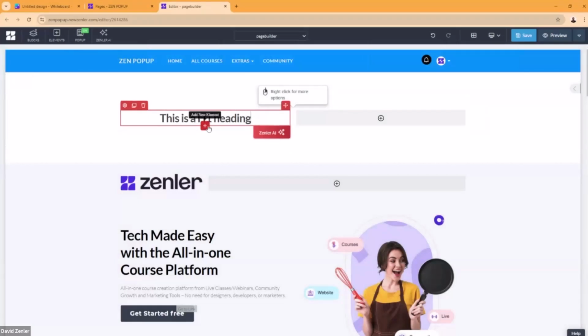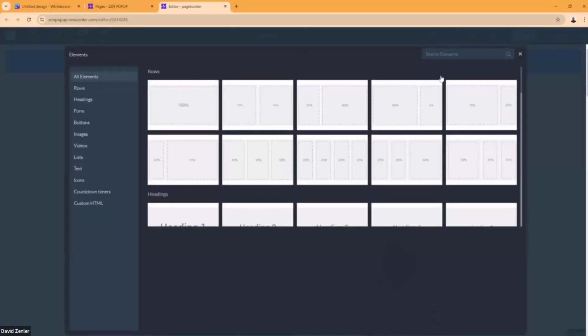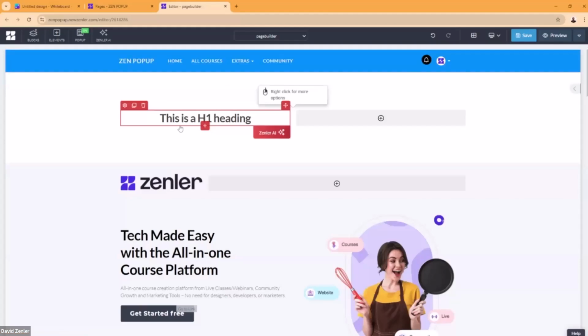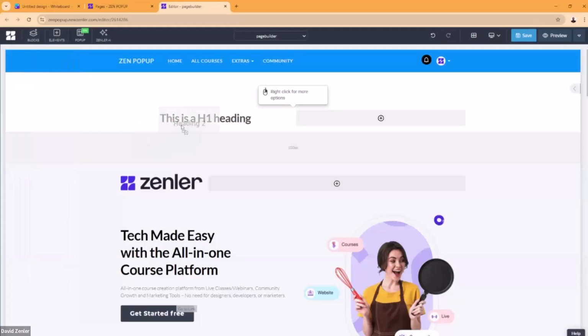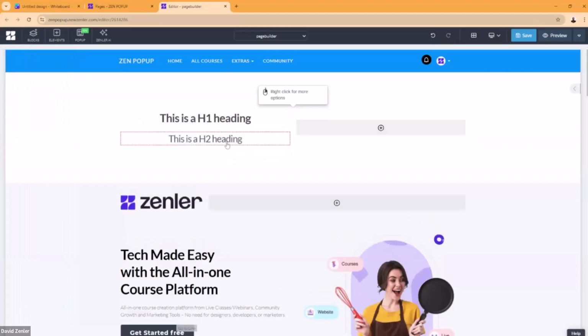Now I can click this and I can click the plus. I know a lot of people that don't click the plus. So are you one of these guys that don't click the plus? Because there are guys that go over to the elements here and they go in and they go, oh, because remember it's true drag and drop, and they put it in like that.